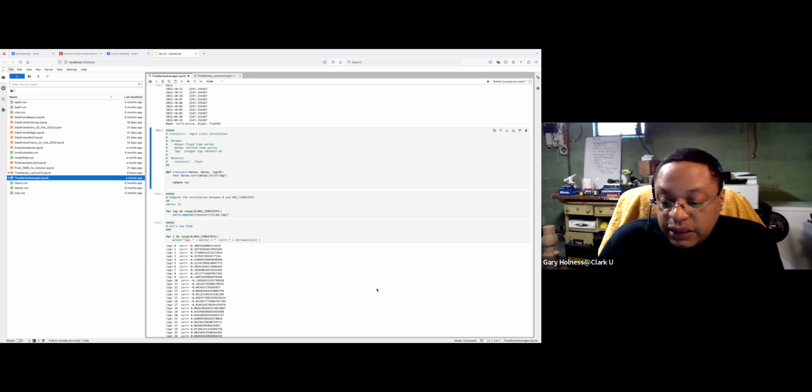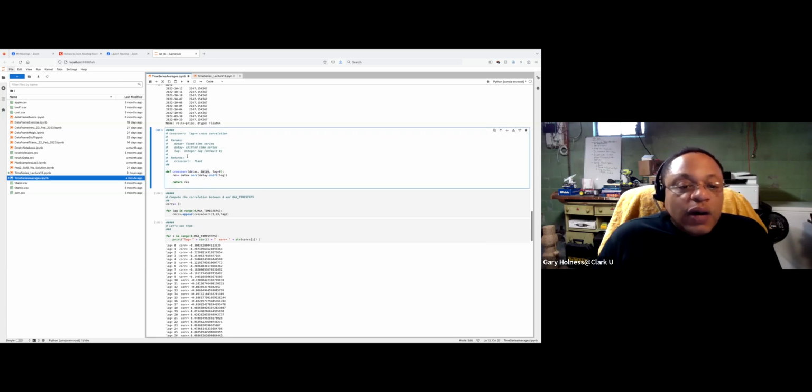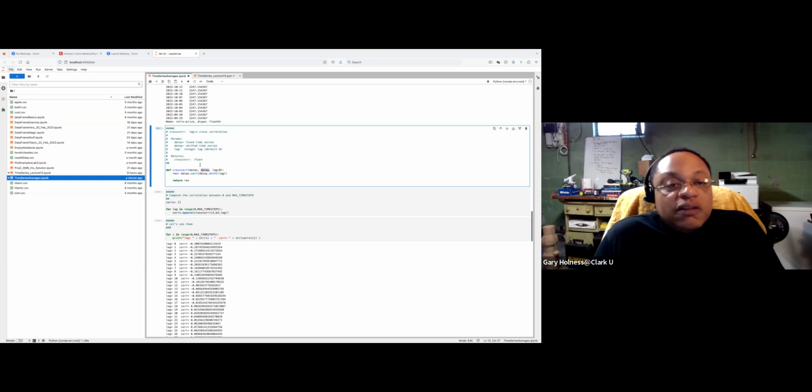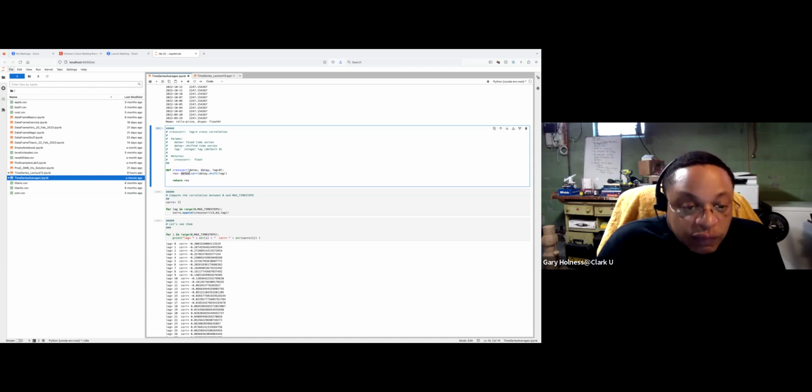And cross correlation is going to input two time series. One I'm calling data X, and the other I'm calling data Y. And so I have a third parameter called lag, and lag is going to shift the second time series some number of specified measurements into the future. And so here we call data X correlation, and we're computing the correlation between data X and data Y, but it's not just data Y, it's a shifted version of data Y.